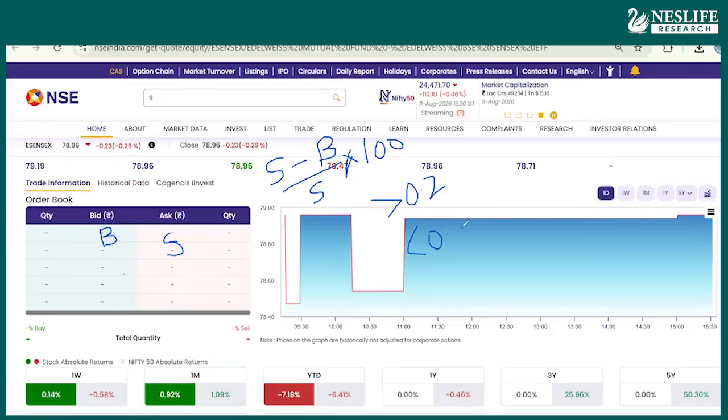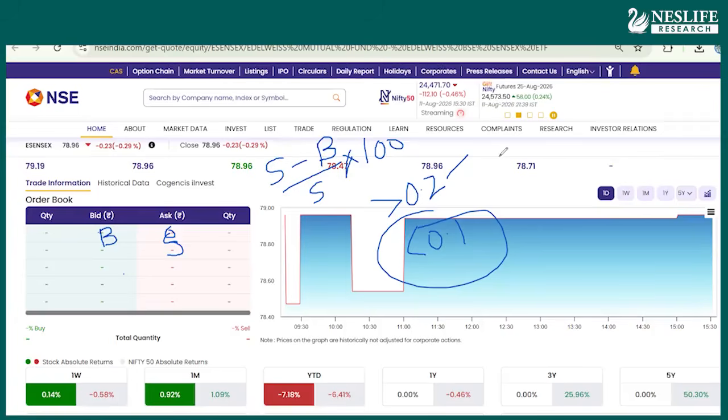You may ask, what to do between 0.1 and 0.2? It is experience based, but the ideal is this. So if it is more than 0.2, straight away discard. This is what we call the ask-bid difference. Now the market is closed, so we cannot see the numbers here. But when you check during the market, take the topmost ask price, that is the sell price, minus the bid price, and do this calculation.